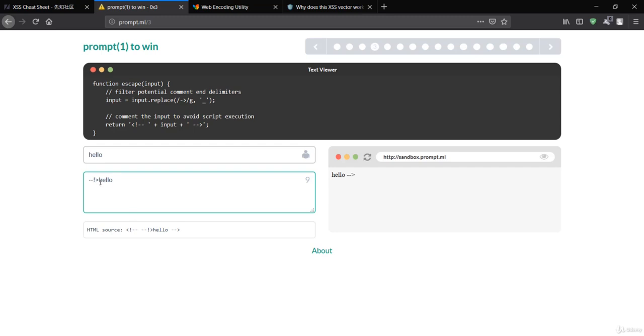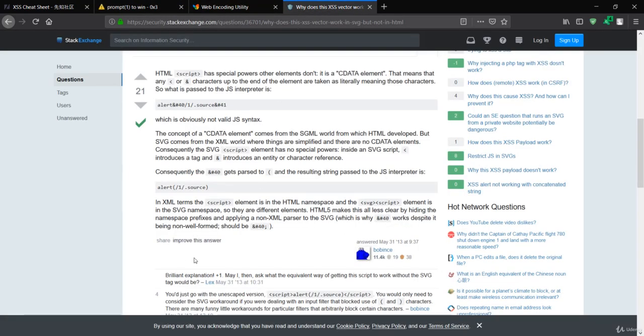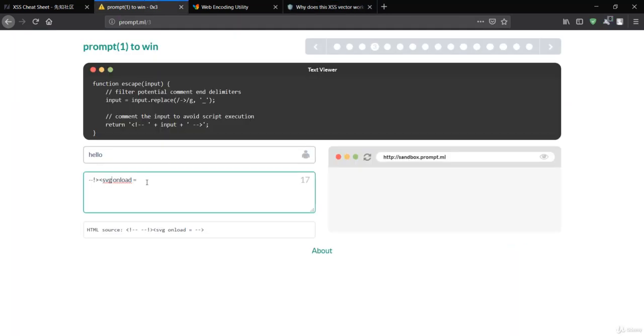After that, instead of hello, we have to open the SVG vector again with onload. Onload is basically an event that is going to be triggered when the object is loaded. This SVG is the vector that will be called when there is plain text.